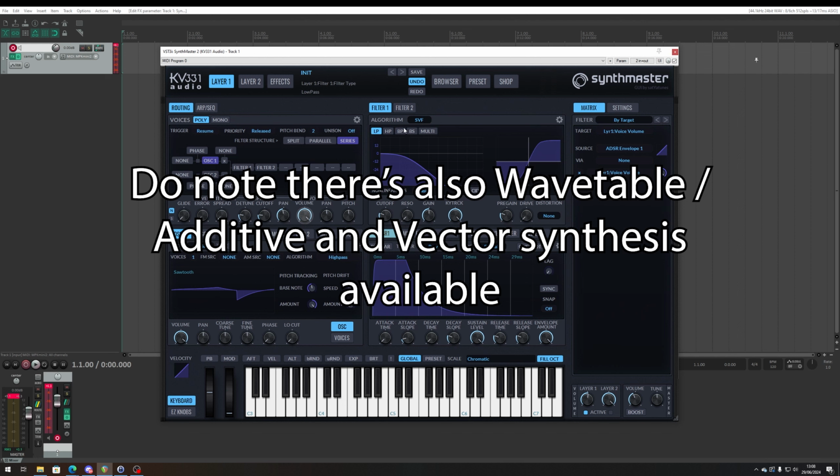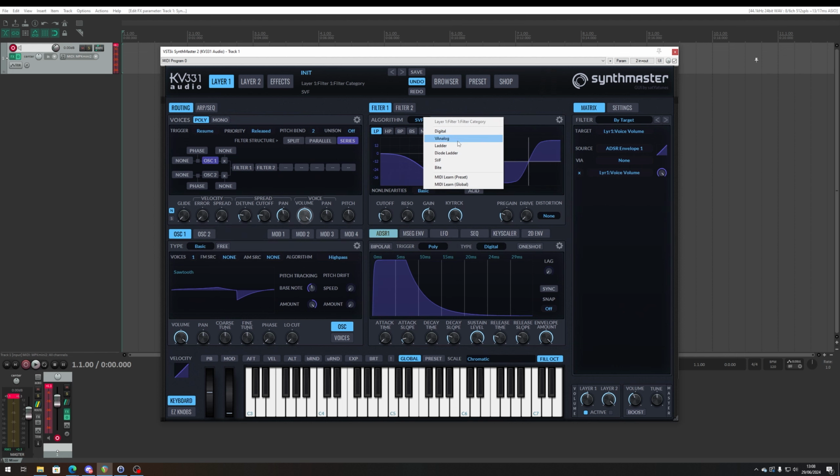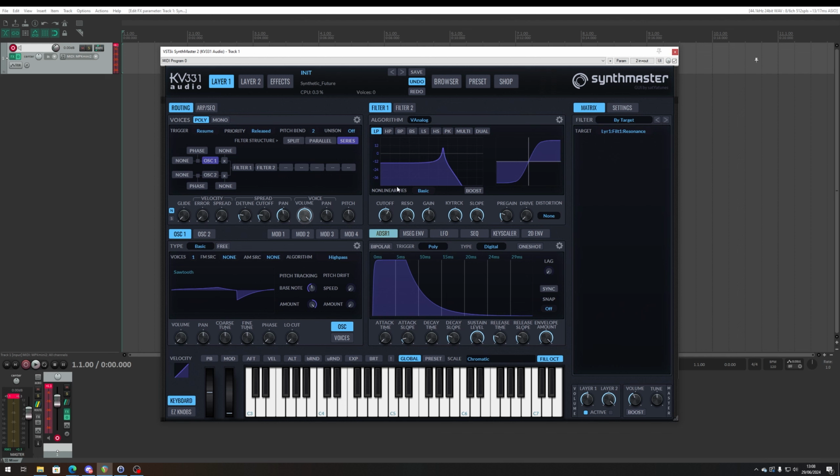Next up are the filters, which are up here. 2 filters, like I said, off by default. They offer a nice variety of filters. Standard low pass, high pass, band pass, band stop or notch. You get some more modes here: high shelf, low shelf, peaking, multi-mode and dual multi-mode. And if you run the analog, you can also create some self-oscillation here. If we turn off the voice and we up the resonance,